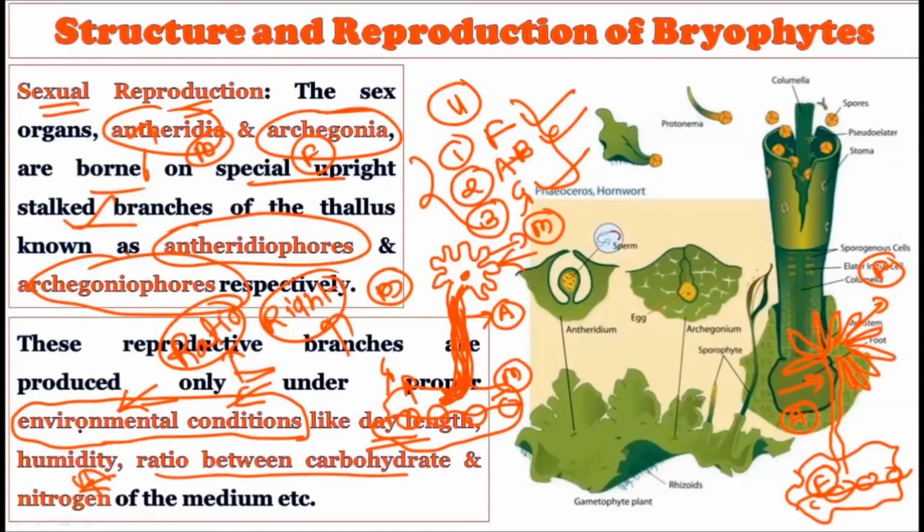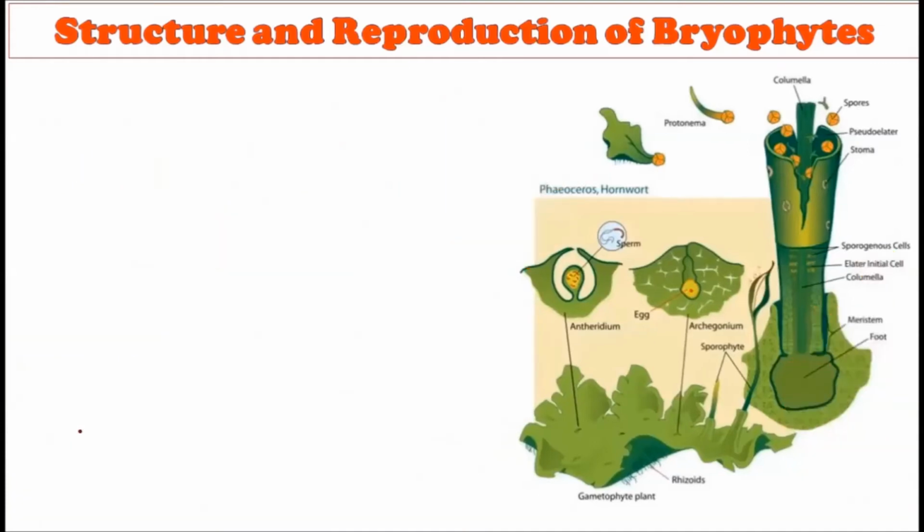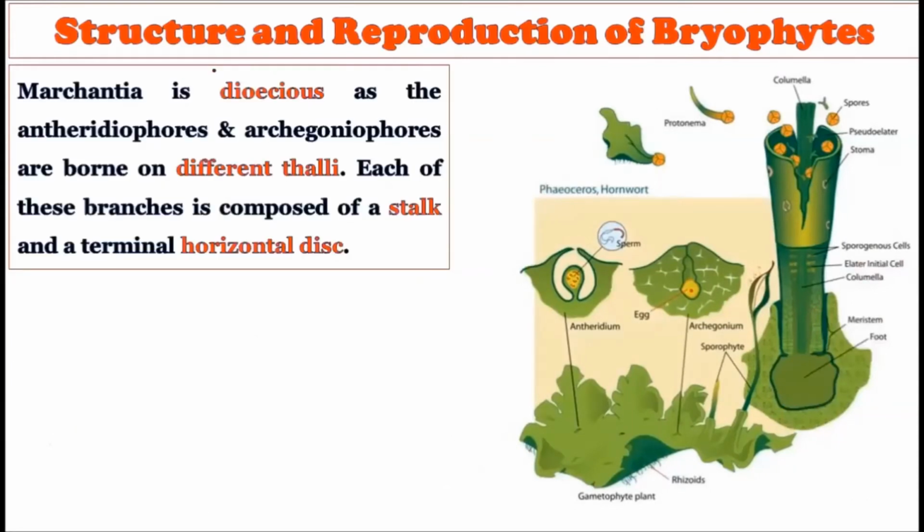The antheridia grow on the antheridiophore and the archegonia grow on the archegoniophore. For all the sexual ways of reproduction, they require optimum environmental conditions like day length, humidity, and the ratio of carbohydrate and nitrogen, etc. Okay. Now consider Marchantia is dioecious, as we have rightly been describing it right from the beginning, and the